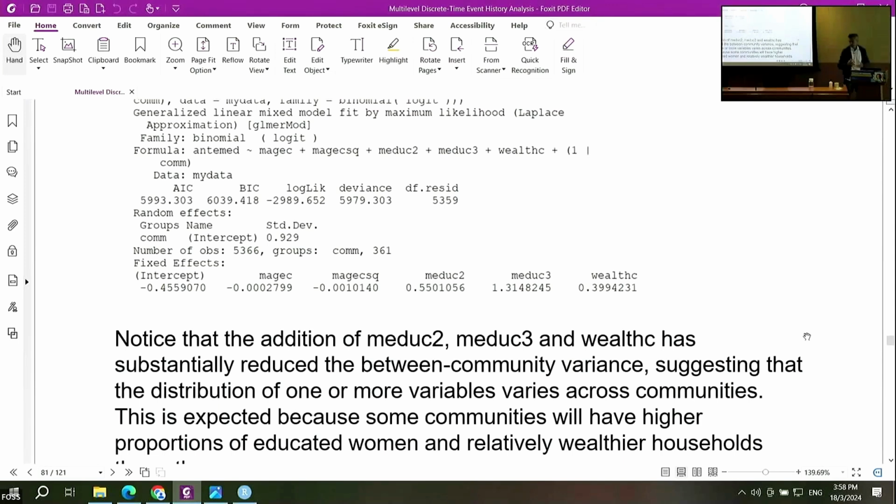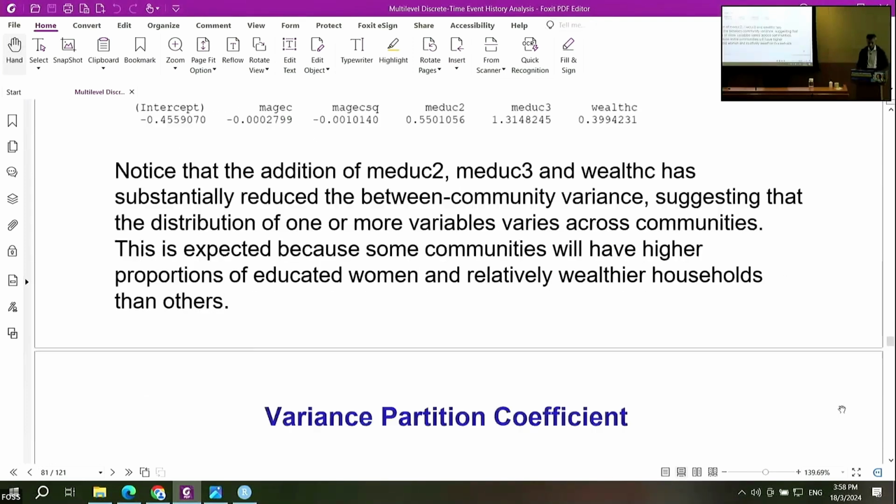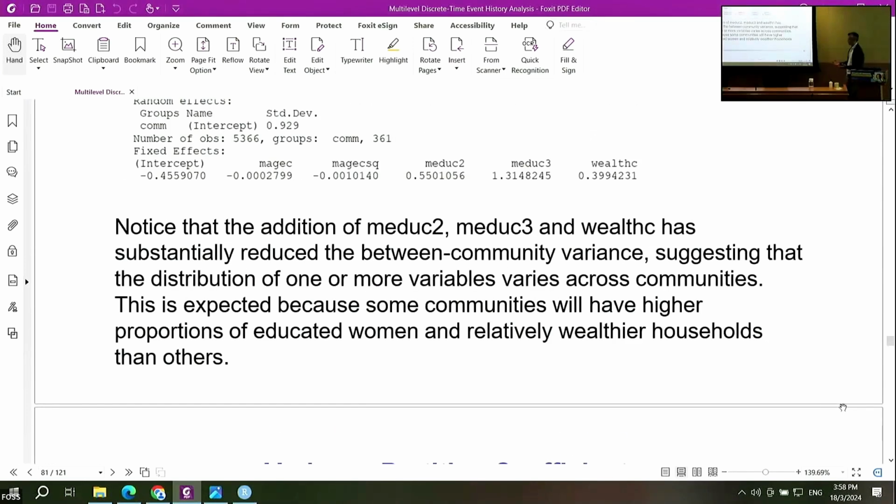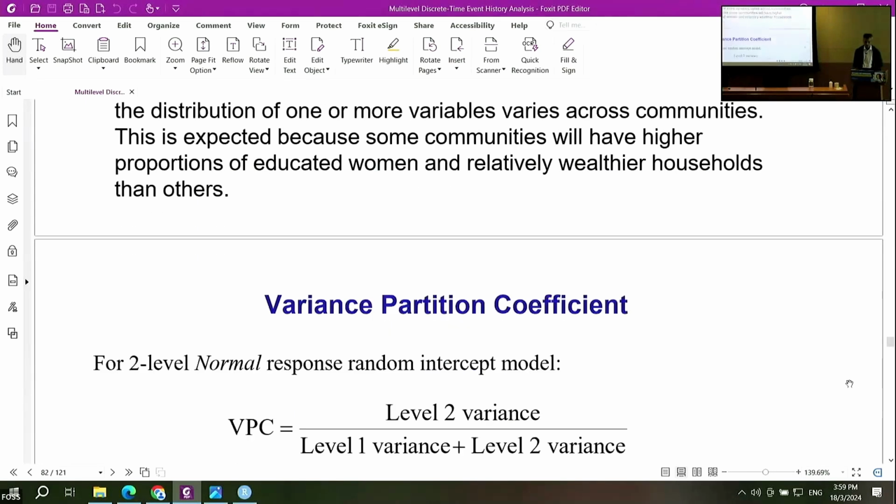So it looks like taking into account the socioeconomic characteristics of the mother explains some of the between community variance in antenatal medical care. So maybe some communities will have higher proportions of educated women and wealthier households who have greater access